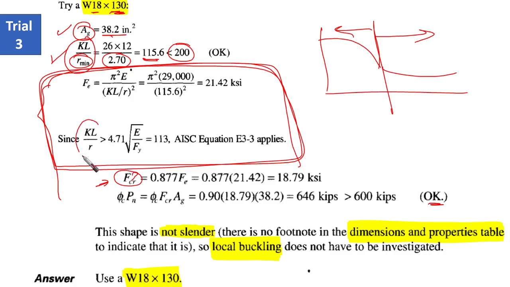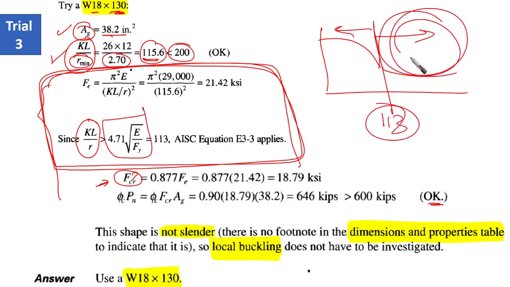So our KL over R is 115. And our limit here, as we said before, is 113. This means that still we are in the elastic buckling zone. This means that our FCR is 0.877 FE, which we have already calculated, but here put 115. Okay, it is a function of the KL over R of the section. Then FCR is going to be